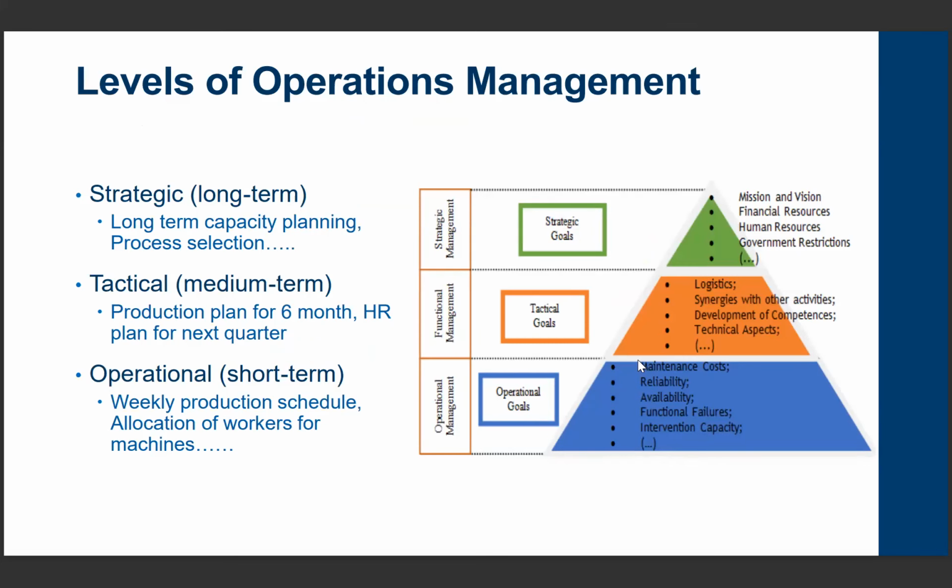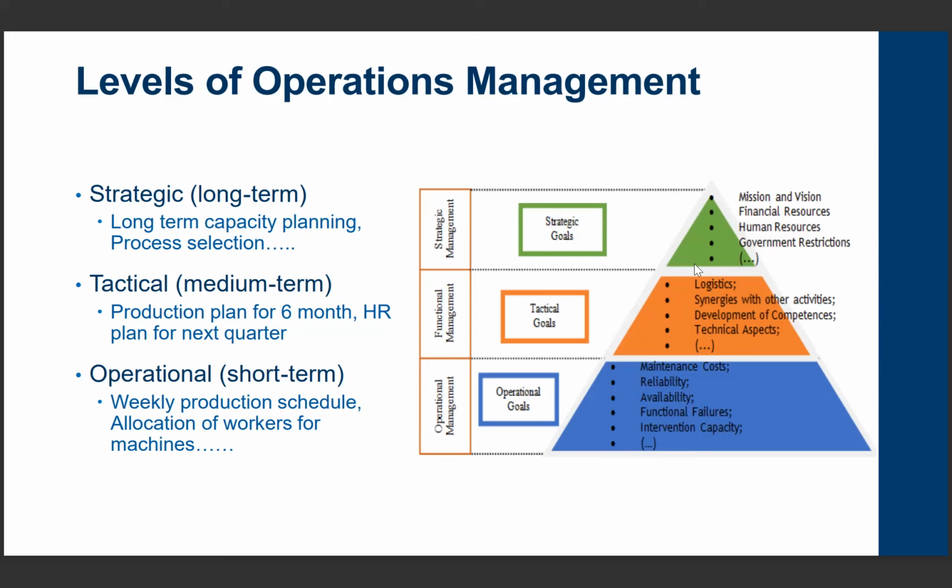Levels of operational management. There are mainly 3 levels. Operational level, that's the lowest level. Short term, which are the weekly production schedule or allocation of workers for machines. Some day-to-day decisions. You have come across these 3 levels in other modules, but even in operation management, it's